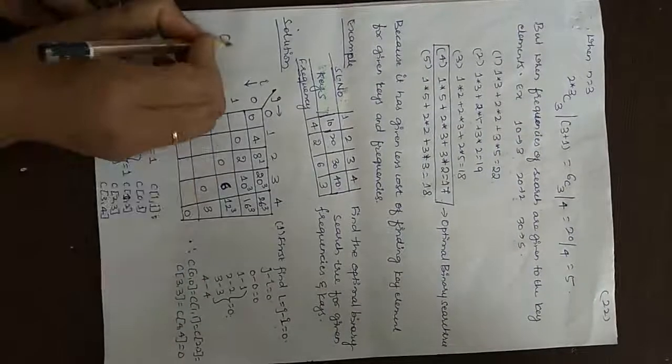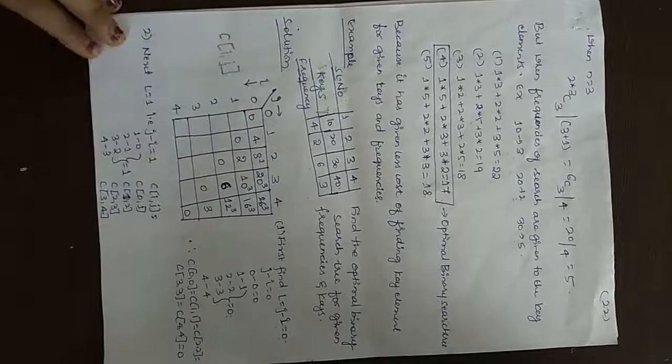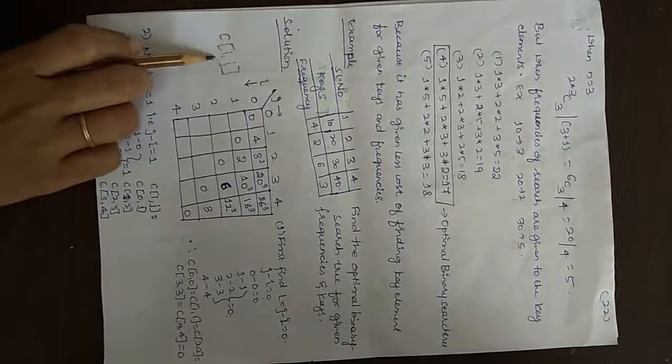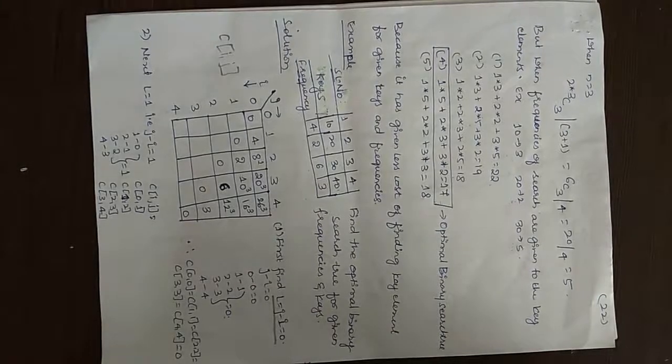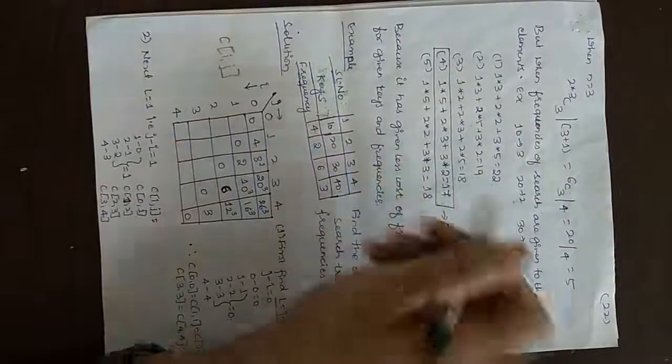So now how do we calculate the cost? The cost is given by C of i comma j. Here this L will tell you the number of keys which you have to consider for the tree organization. In each step we are going to find out the different tree organizations and their costs. Just now we calculated the cost for these 5 tree organizations. Like that one by one, first we are considering 0 keys, 1 key, 2 keys, like that.